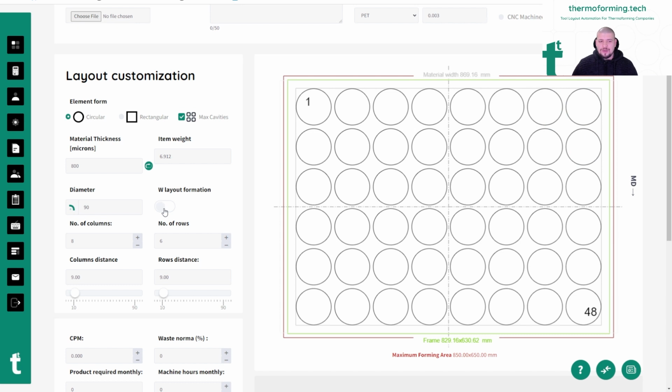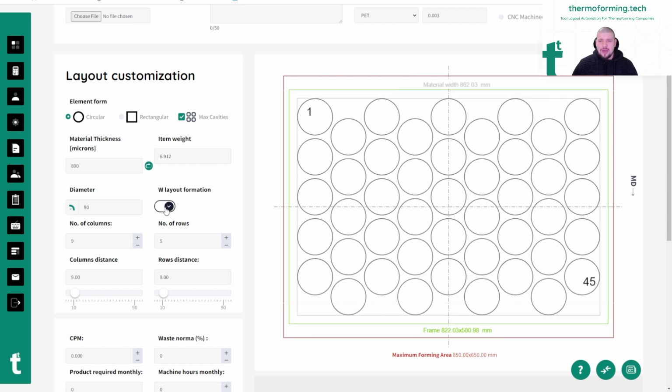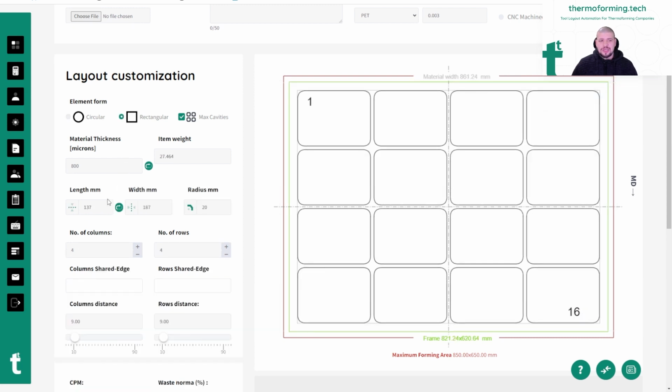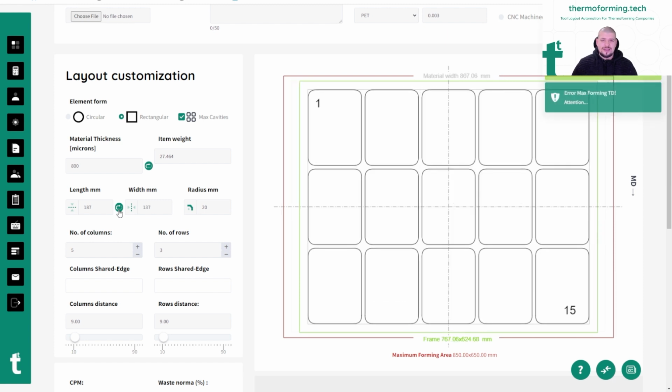If we want to make W layout, we just press it and we see how many cavities we get there. And if the product is rectangular, we just switch it, and here I have a preset for a 187 by 137 tray with a radius of 20. And as you can see, we can put 16 cavities on this machine. If we want to change the orientation, we just press one button, and we can see that there are 15